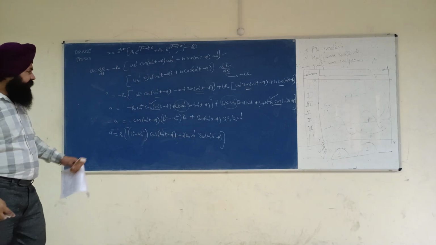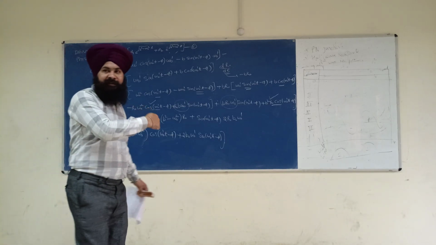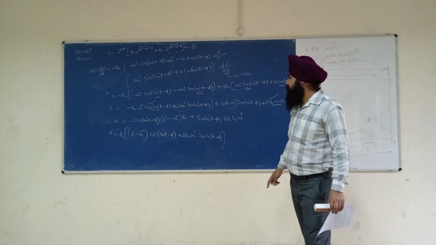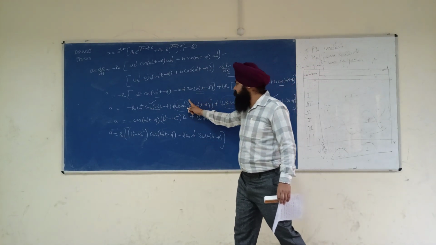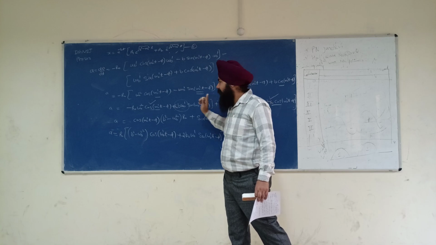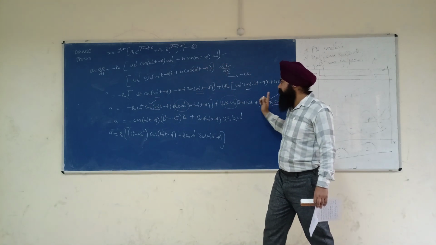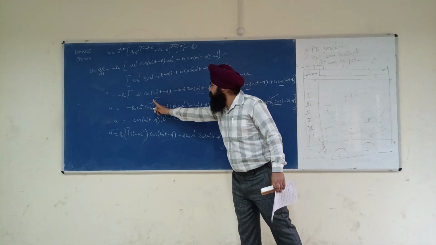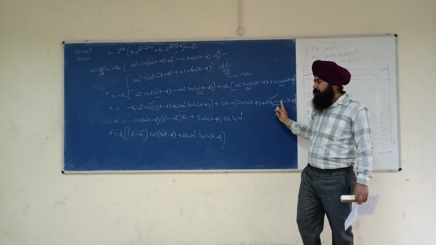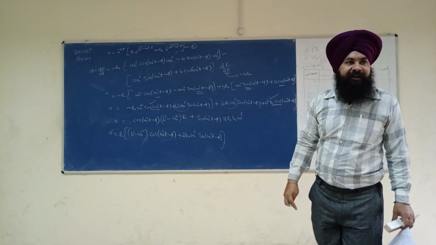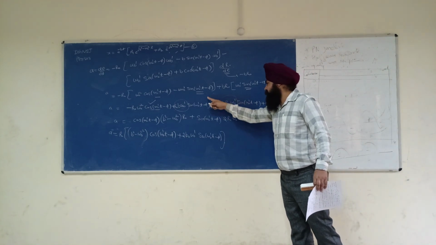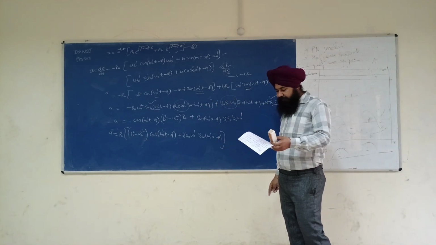Okay. Are you getting this? This is a long mathematics, but it's quite easy. See, I have clubbed first and fourth, and I have clubbed the second and third, because first and fourth contain a cos term, and second and third contain a sin term. So by solving this, I am getting this one.